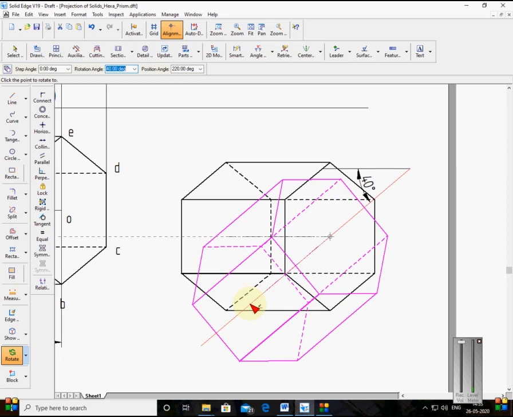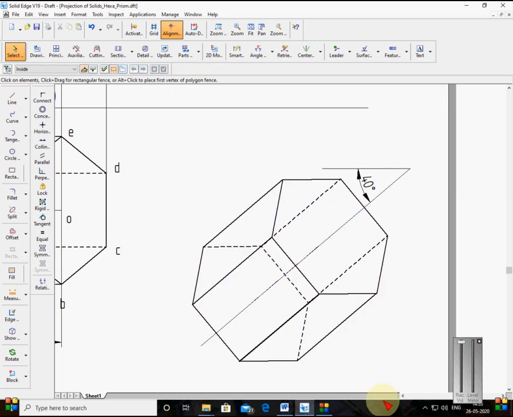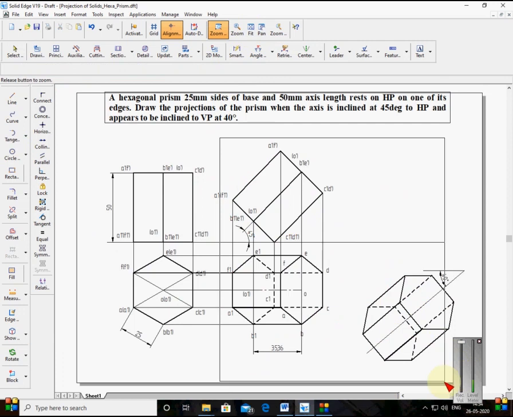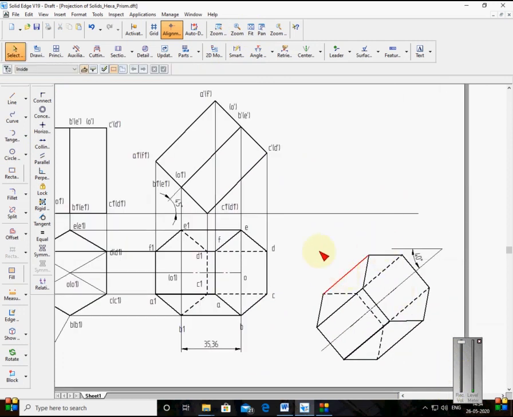So copy option should be off there. It is off here now. See, you should not keep the original figure. So I'll click it here. This is the position. Right. Now what you do after doing all these things, now you shift this figure. For your drawing purpose, you shift the figure.